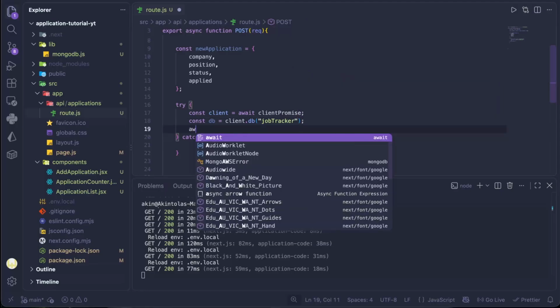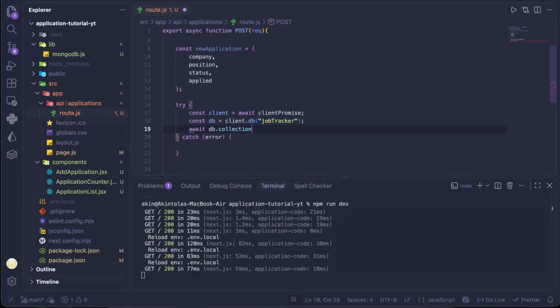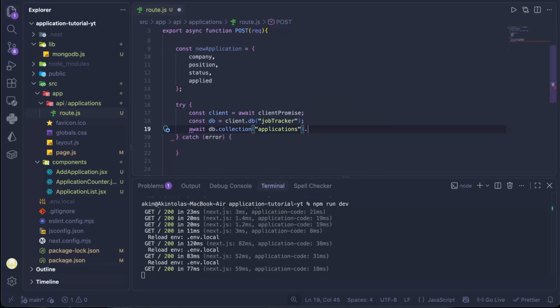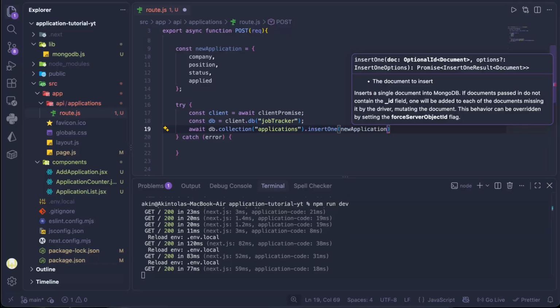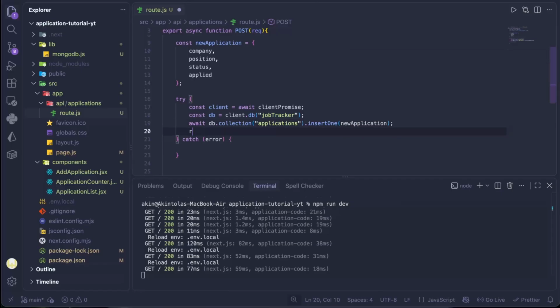And then we're gonna say await database dot collection. We're going to call our collection applications, and we're going to be inserting one. Because we're going to insert one at a time, all this is going to be inserted, and we're going to insert new application. So we're going to insert this whole object at once. So insert one, this whole object, and we're going to say return